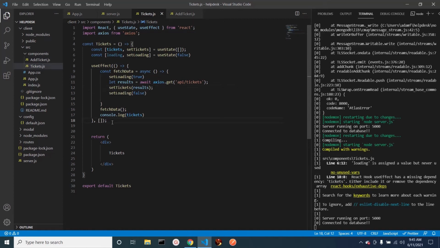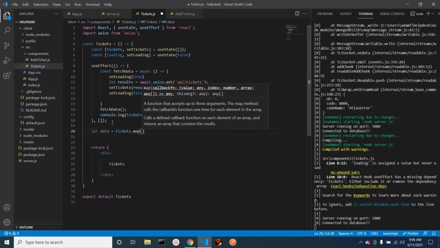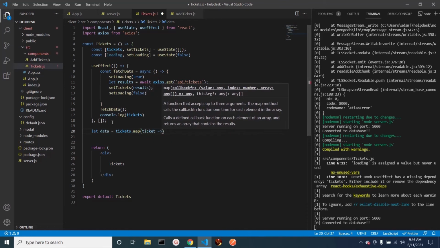Okay, great. So now, what I like to do is create a variable, let data equal. We're going to take our tickets dot, and we're going to map through them with a higher order array method. We're going to call each individual ticket a ticket, and then let's see, what should we do here? What's the best way? Probably should have figured this out. Okay, so we're going to put it into